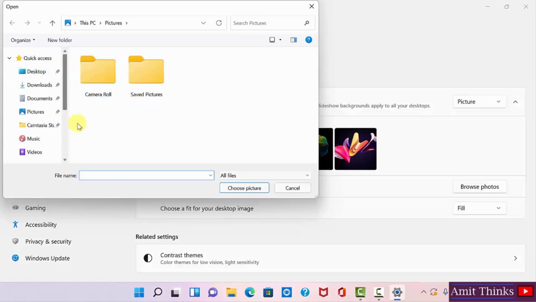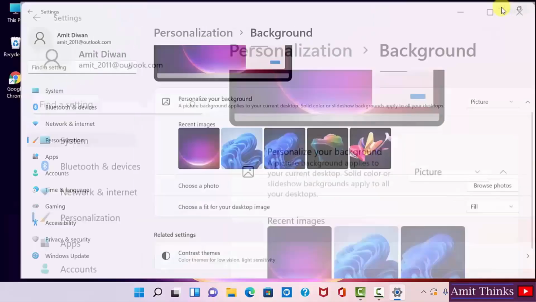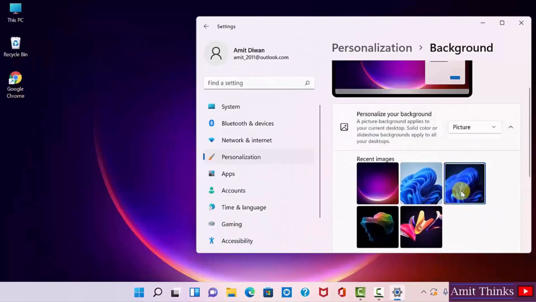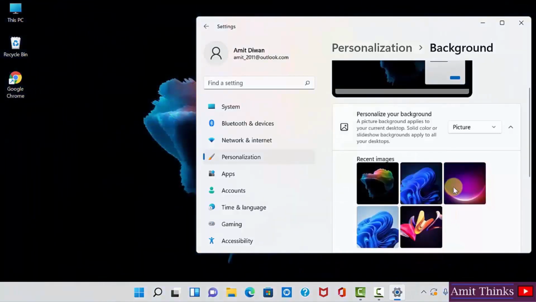You can select the image from anywhere and click on choose picture. I'll keep the default, and let's say I'll change it to this one. So guys, in this video we saw how we can change the background image, that is the wallpaper